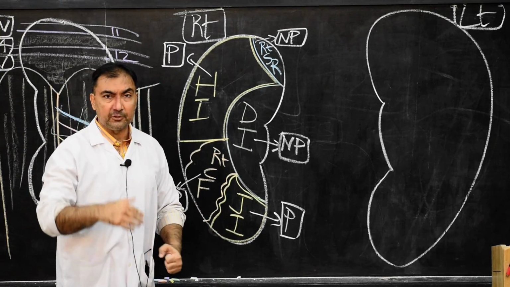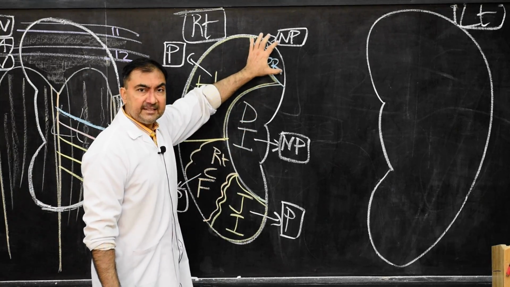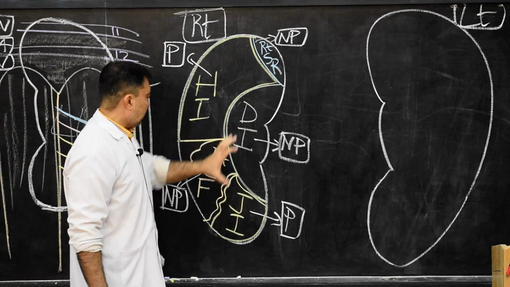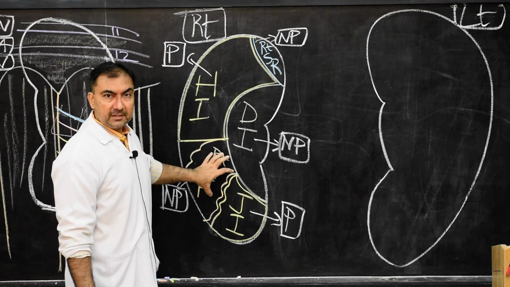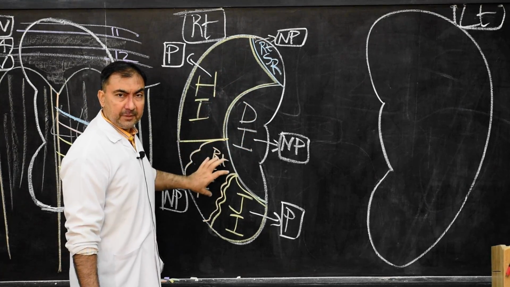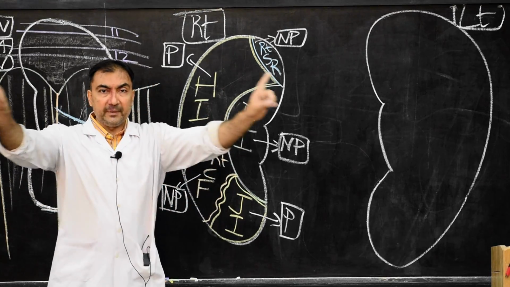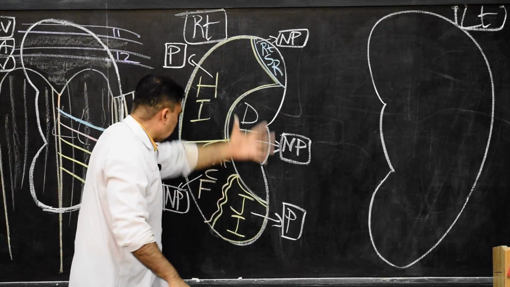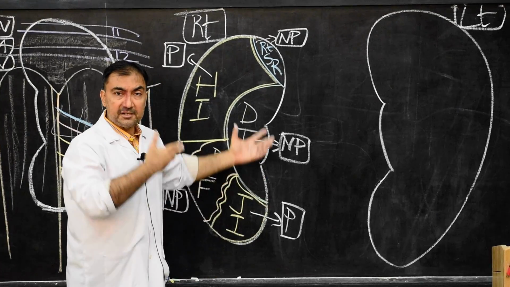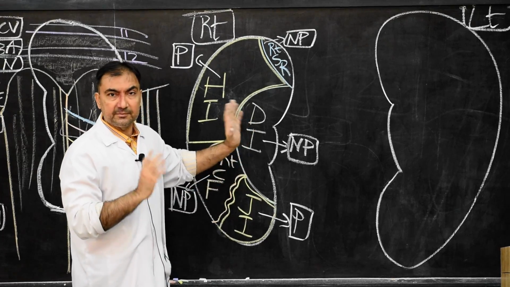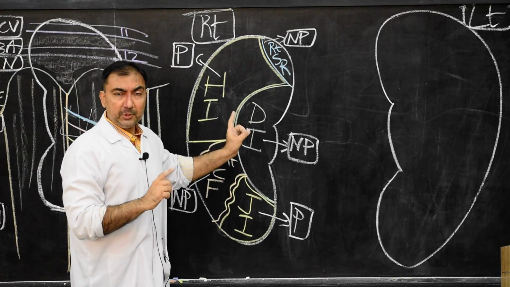The remaining are non-peritoneal. Which are non-peritoneal? Right suprarenal gland, second part of duodenum here, and the right colic flexure. So suprarenal impression, duodenal impression, and the right colic flexure. These 3 are totally non-peritoneal. This is how you have to memorize the anterior relations of the right kidney, and so many short answer questions are cleared by this technique of memorizing the diagram.